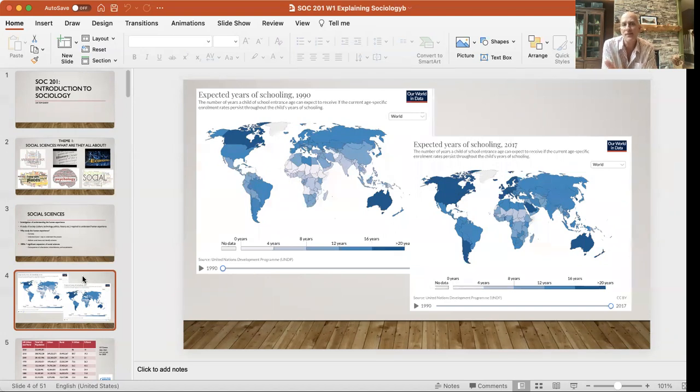We could look at things like expected years of schooling by nation over a 27-year time period, going back 1990 to 2017. Nothing really to bring out here other than to say that the world's changing, right? And this is changing in significant ways. This new economic world that we are in, the levels of education required to participate in this economic world. And then we can also look at this chart and see not everybody has that same access to years of education. So we start to ask questions about that.